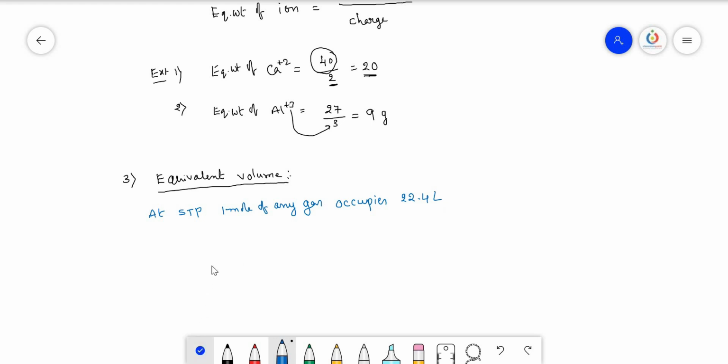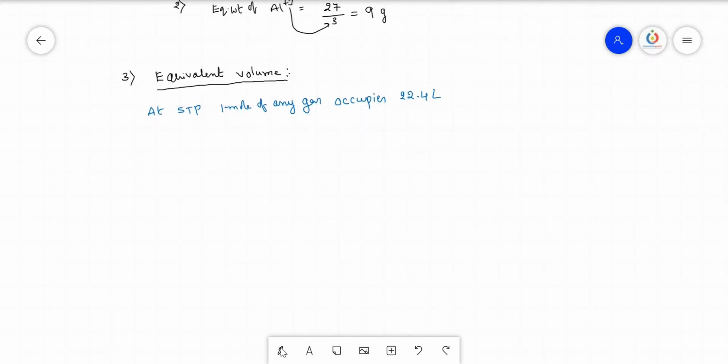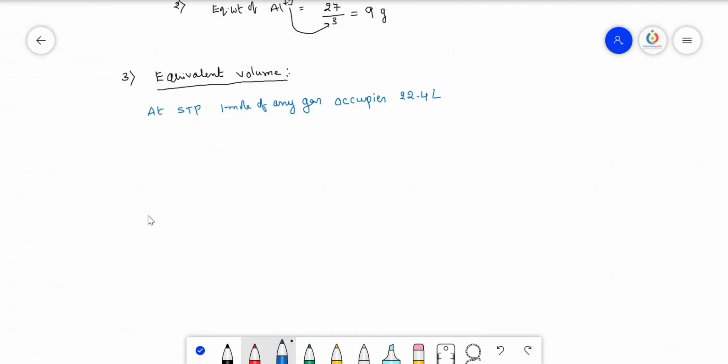So now let's come to hydrogen. One by one let us solve here. Example I will take. We know the molecular formula of hydrogen, H2, is a molecule whose mass is 2 grams. This is 1 mole of hydrogen. So 1 mole of hydrogen with a 2 grams mass is able to occupy 22.4 liters.